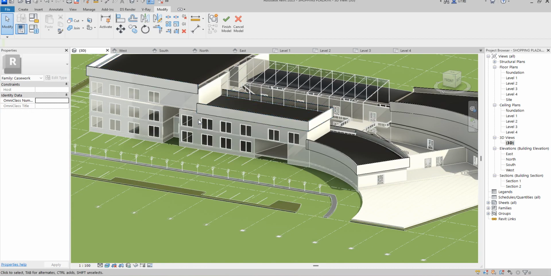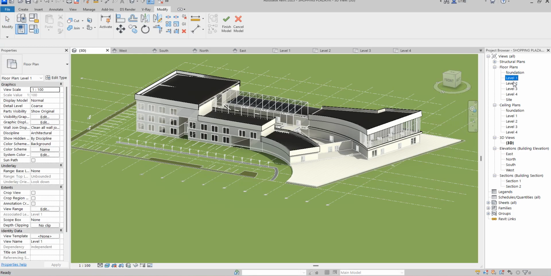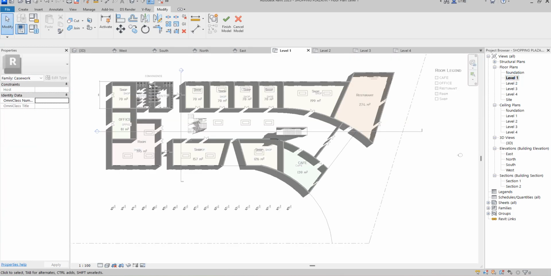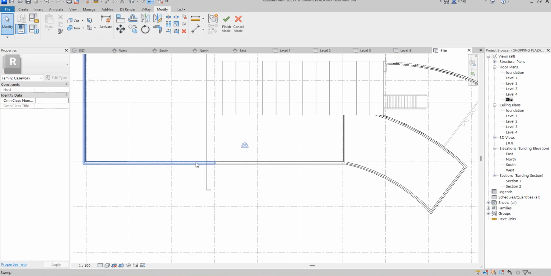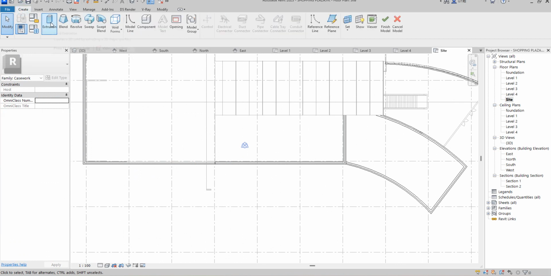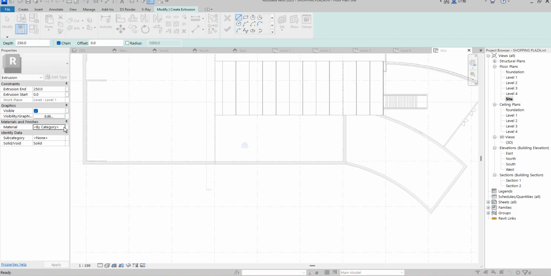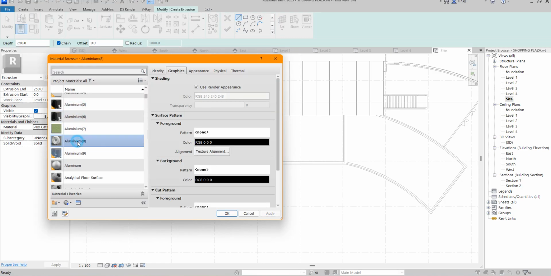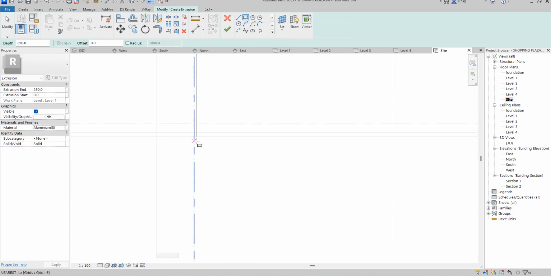So I will just work on this so that I will build it up from here. So what will I do? I will come to level 1. Extrusion is where we do the work, or let me just go to site so that I will see everything from up. Oh, this is the joints connection. So I'm going to create extrusion. So from here, category of material, so use the same thing, level 8, so that we won't have any issue with. So just select like that. From here you pick here,